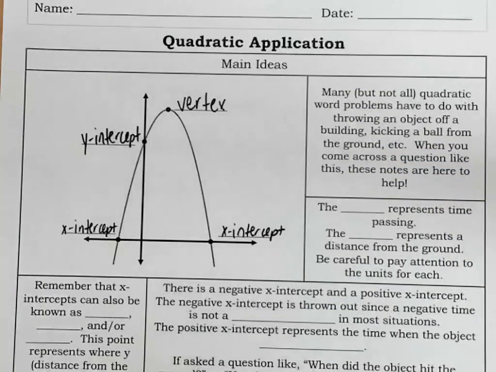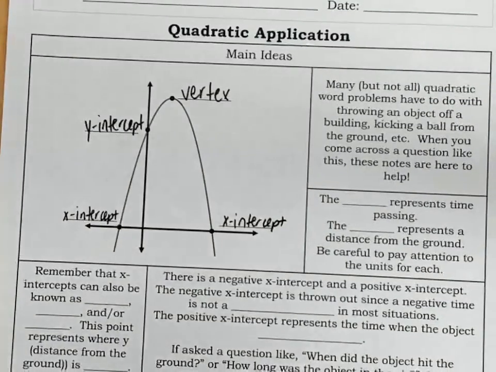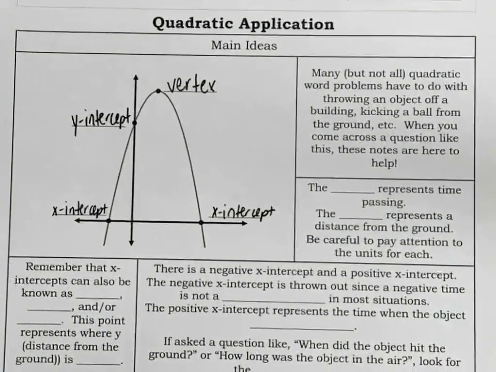These notes are meant to help you when you come across a question like those, pointing you in the direction of, well, what if you get a question that's asked in this manner? What are we really looking for? What are we talking about? One of the things we want to keep in mind is that when we're talking about a quadratic application question, something about kicking a ball or throwing something,